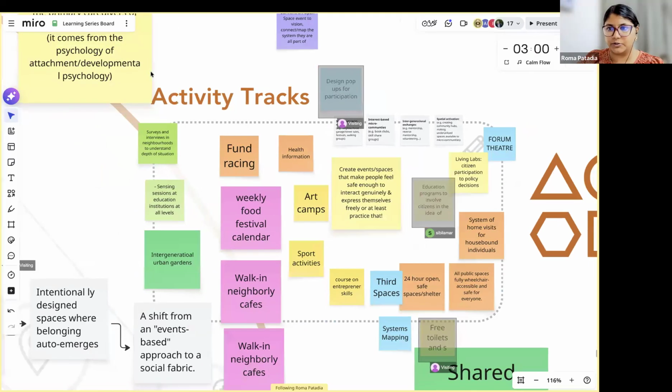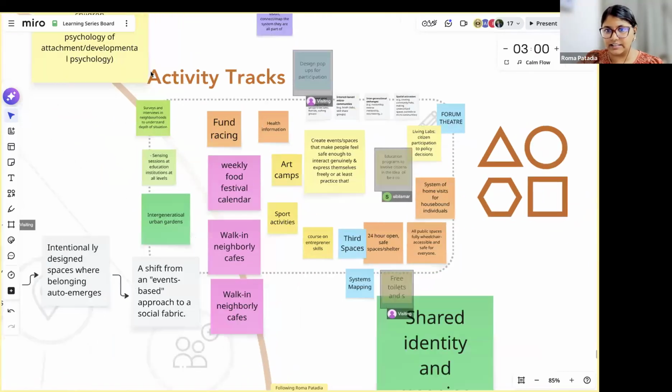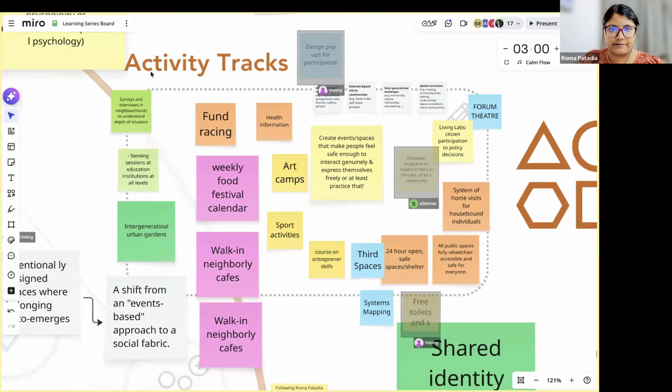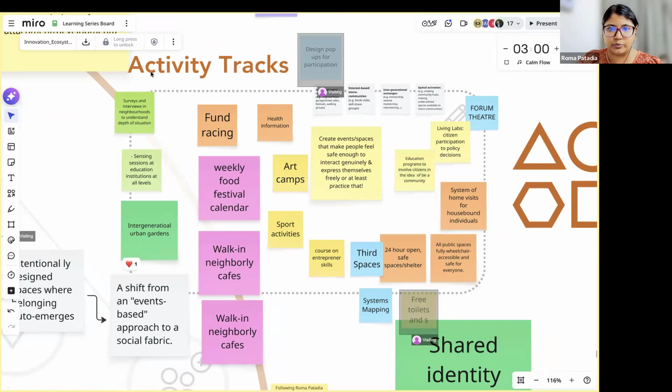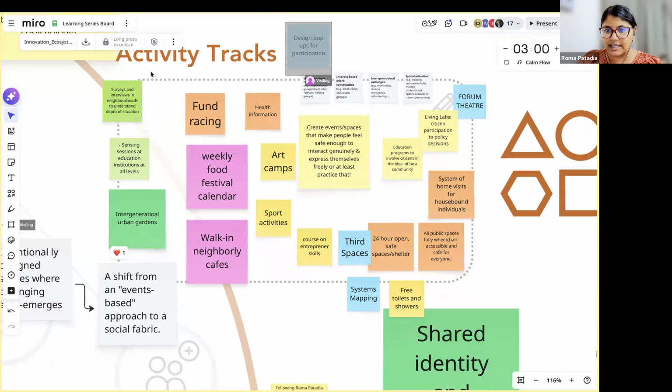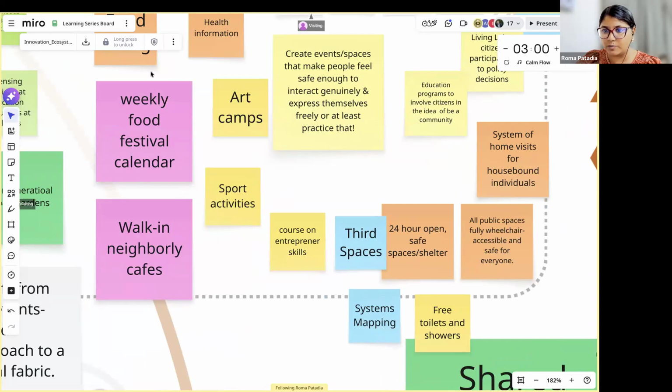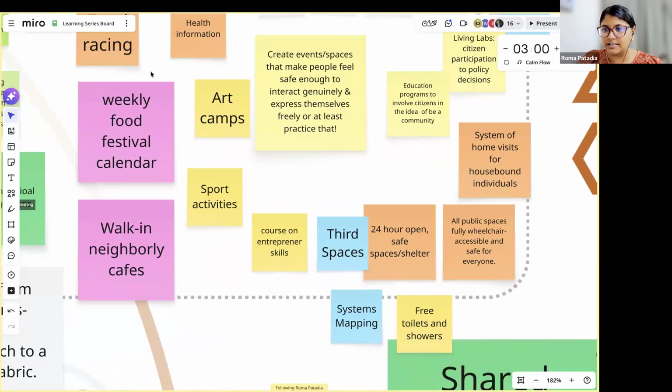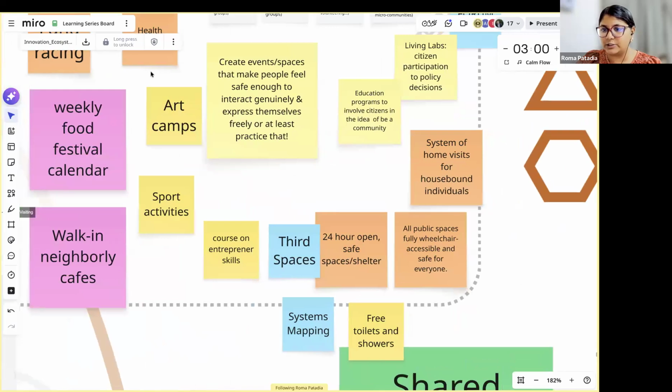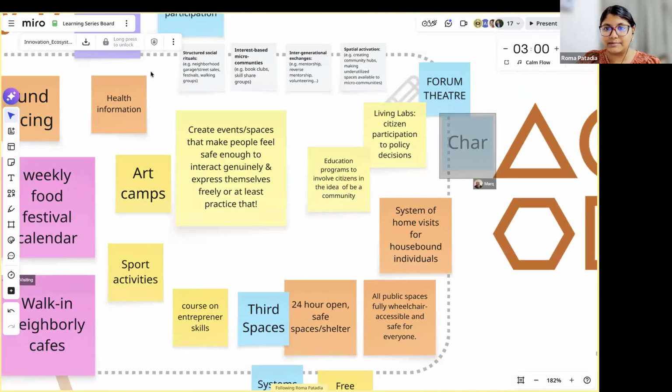All right, so I'm going to read out some of these activities we have here. So we have fundraising, health information, weekly food festival calendar, art camps, sport activities, walk-in neighborly cafes, and then third spaces, 24-hour open safe spaces or shelters, and then all public spaces fully wheelchair accessible and safe for everyone, system of home visits for housebound individuals, and then living labs, citizen participation to policy decision, education programs to involve citizens